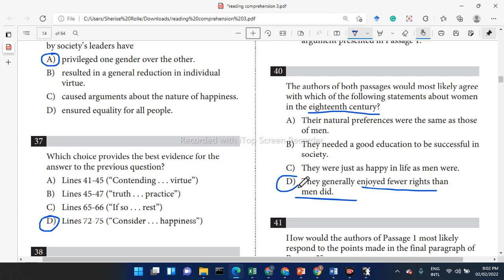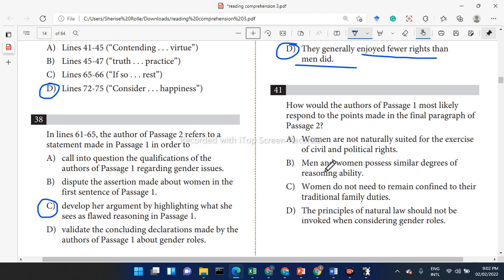And that's true. Both of them agreed on that point. The female agreed that women had fewer rights, and the man agreed that they had fewer rights. It's just that the man was saying, "Hey, here's the reason why they have fewer rights." Wow, it's amazing that they could put one word and completely change your mind. All right, number 41. It's the last one.